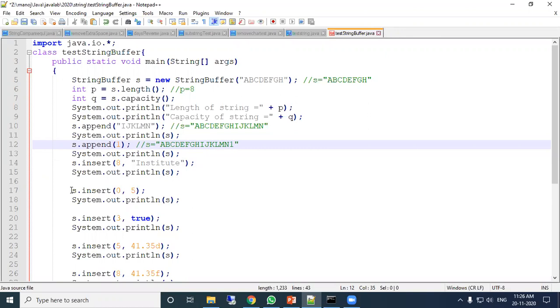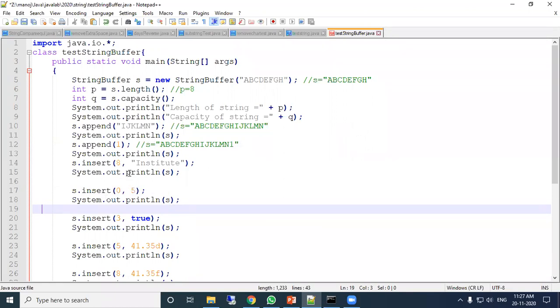Here insert 0, 5 means at 0 position it will insert 5. Whatever data is there, 5 will be inserted at 0 position. Like append 1 adds at the end, but here it inserts at the particular position. Next, the intention of this example of insert multiple times is that you can insert any type of data.